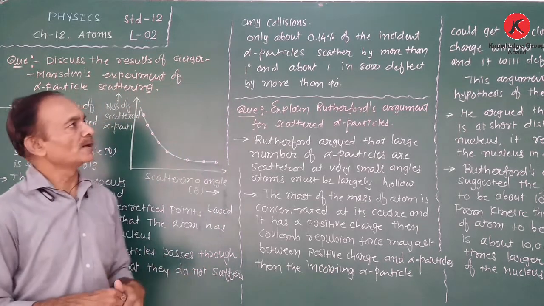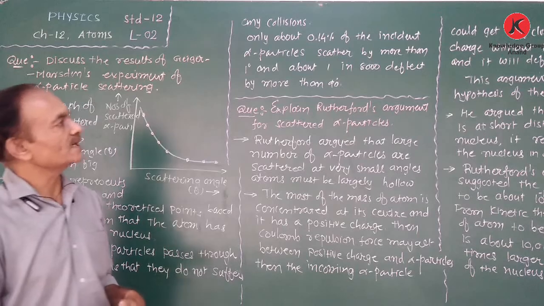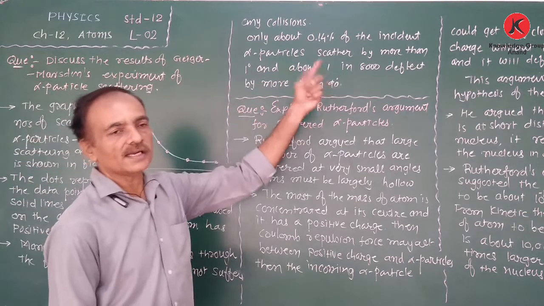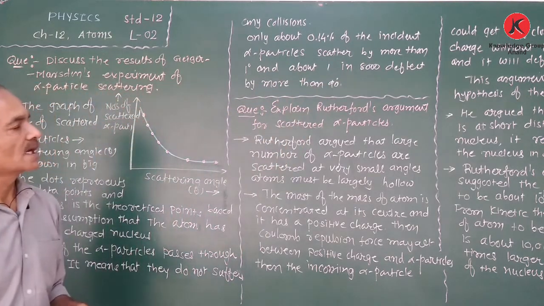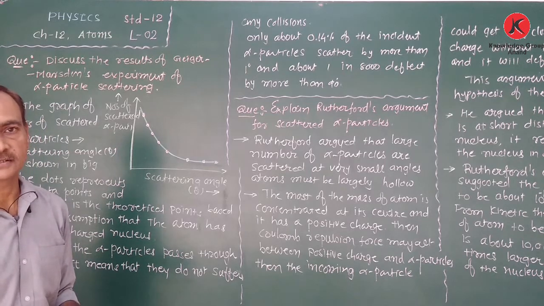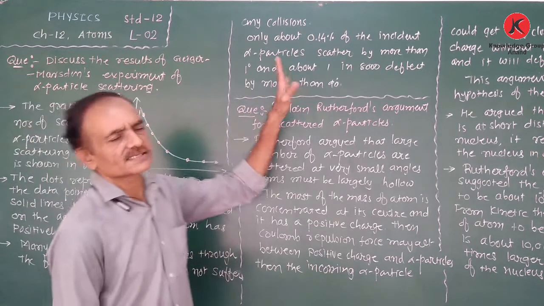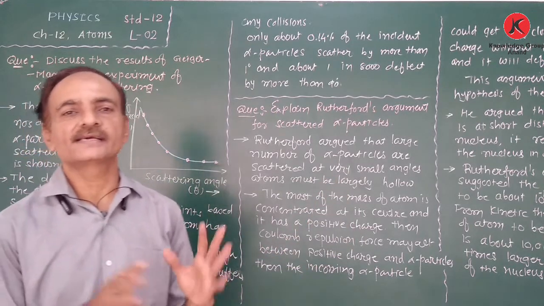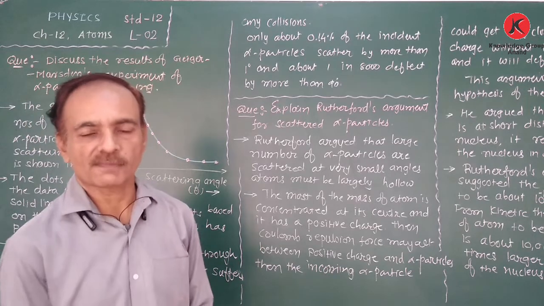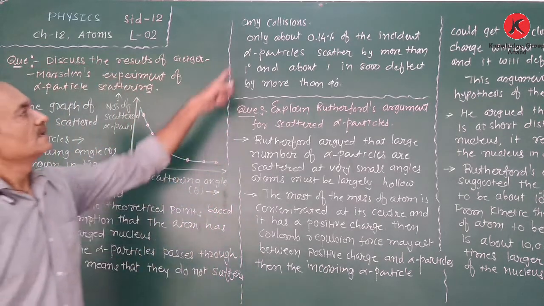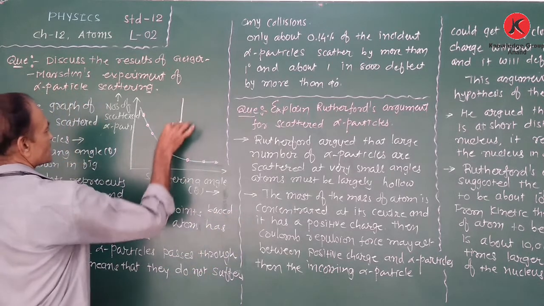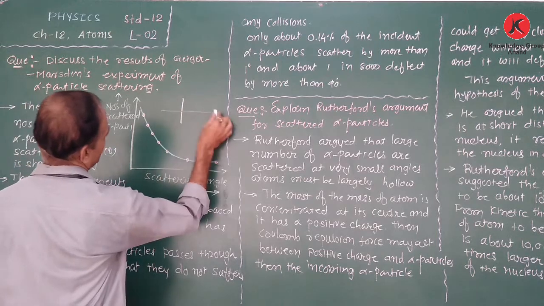Only about 14% of the incident alpha particles are scattered by more than 1 degree angle, and about 1 out of 8,000 is deflected by more than 90 degrees. That means a very small number of alpha particles are scattered at 90 degrees or more. So most pass through the gold foil. Only about 14% of alpha particles are scattered. Most of them pass straight through